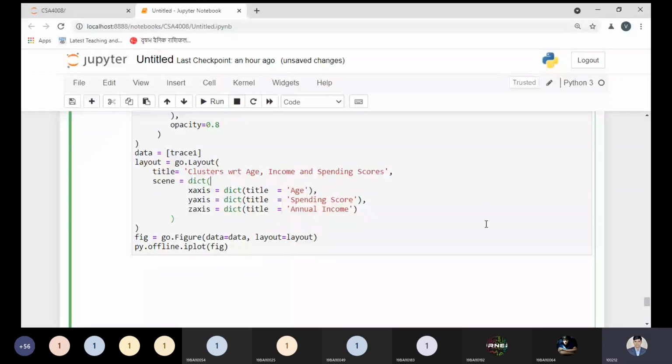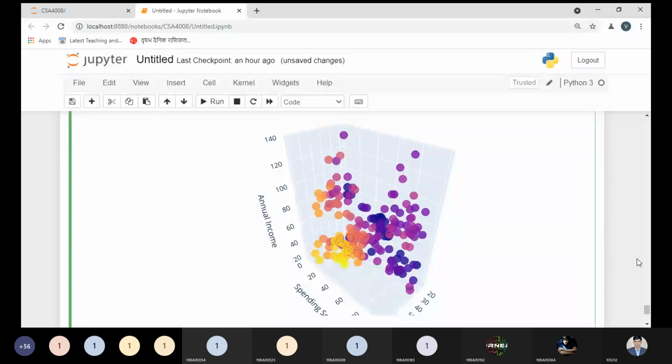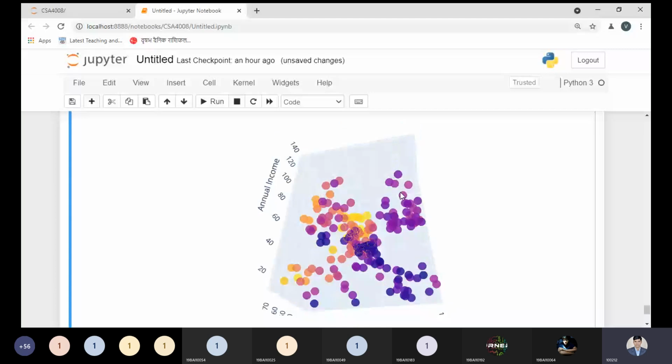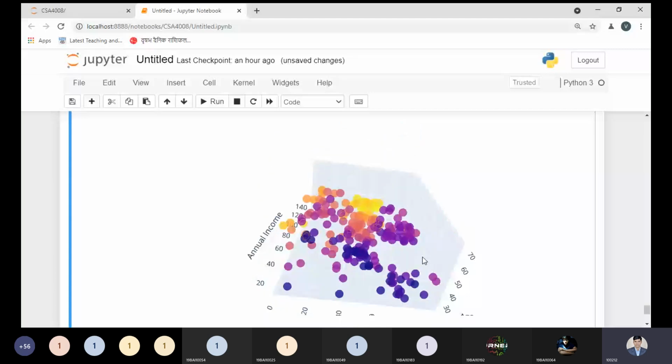So now the graph is available in 3D manner. Now it is visible to all the graph. Tell me right now, is it visible? Just tell me right now the graph is visible. Yes, sir. Okay, so see, this is a 3D graph. If I'm moving it like this, it is visible to all right now. I'm moving this graph, and it's a 3D graph, so I can see each and every point.